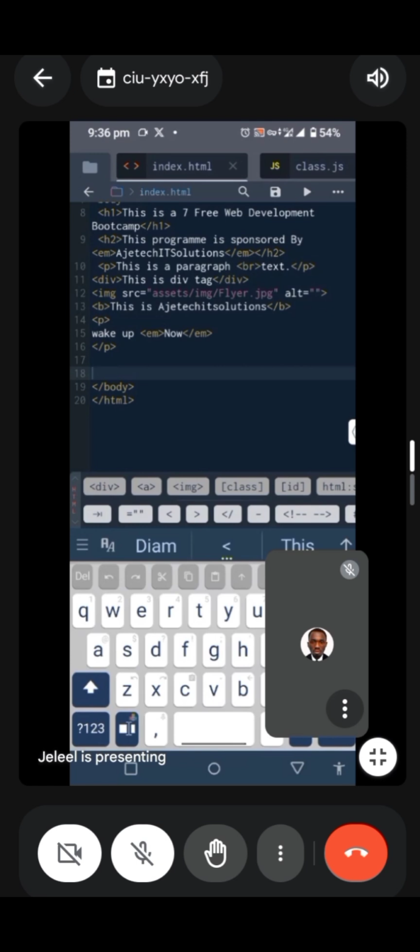The other list will have 1, 2, 3. Let me give an example now. Let me type in an ordered list now. If you want to type in an ordered list, the first thing you have to do is